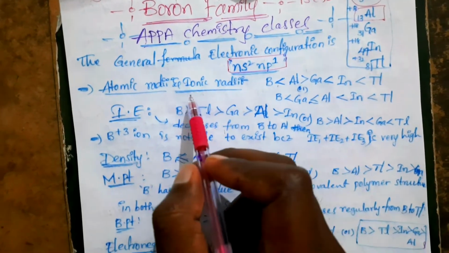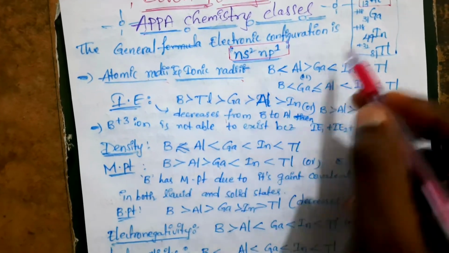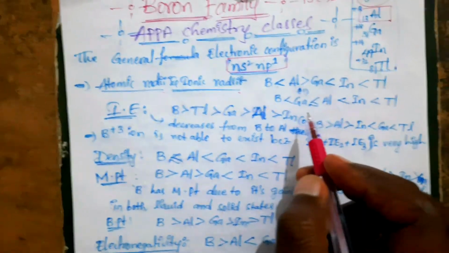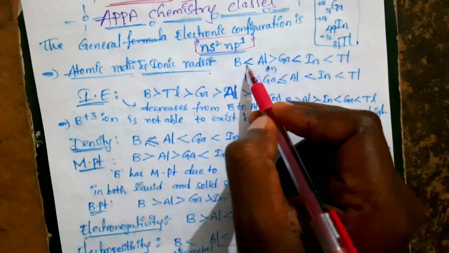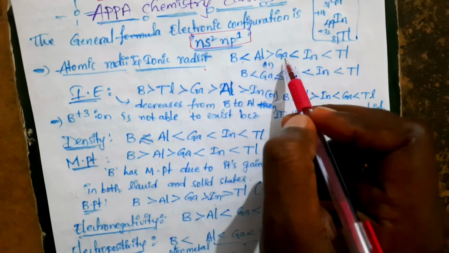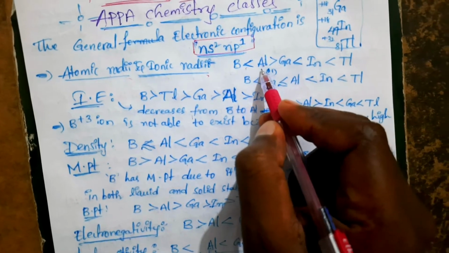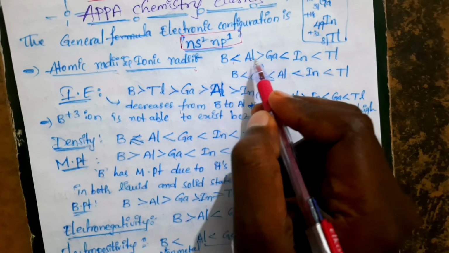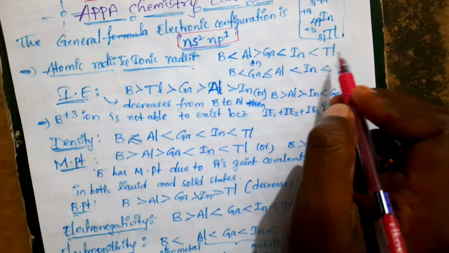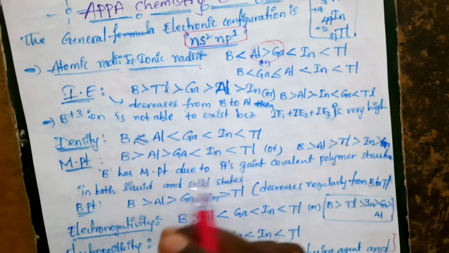Now we will see how the general properties vary in groups and periods. First, atomic radius in the group. Going from top to bottom, atomic radius generally increases, so from boron to aluminium it increases. From aluminium to gallium there is a slight decrease, due to the abnormal increase in aluminium because of the presence of d orbitals. After that, indium and thallium increase again, with the slight variation only between aluminium and gallium.